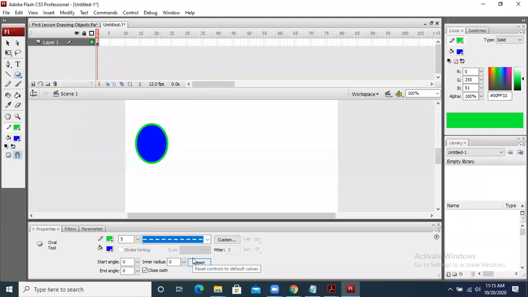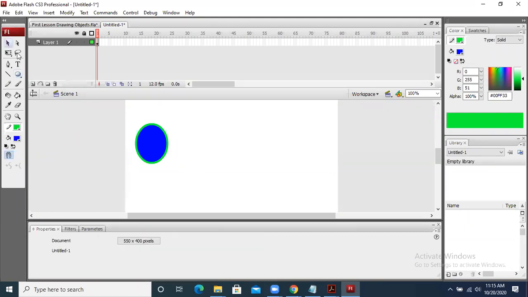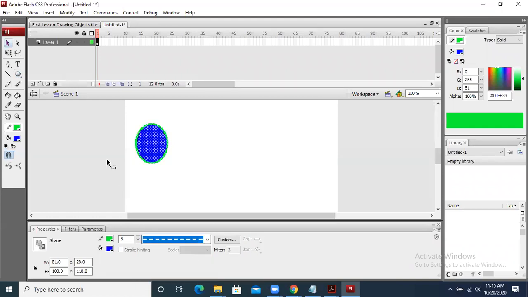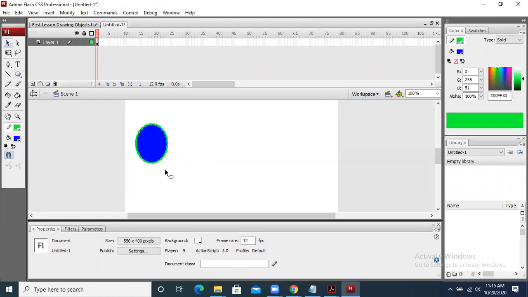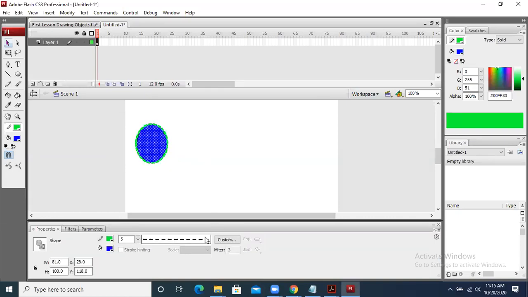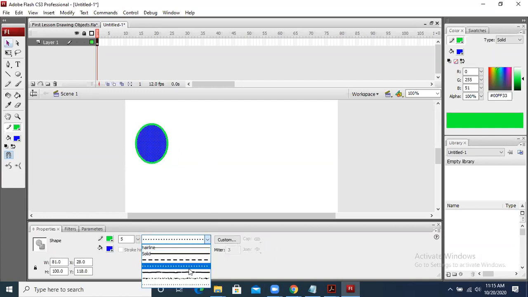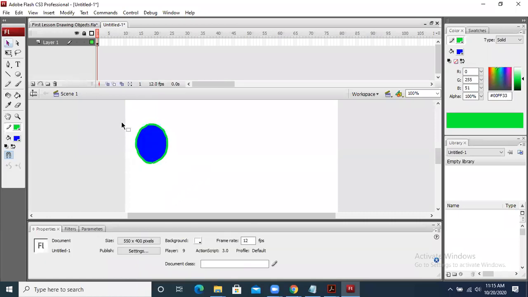But if I take a dotted line, then you will be able to see that we can draw the object in the form of a dotted line. After selecting, it will happen. I have selected the object in this way, and then I change the full line to the dotted line, it will come as a dotted line. If I want small dots, it will come in the form of small dots. Can you see this? If I select it and take this broken line, then you can see that this is a broken line.